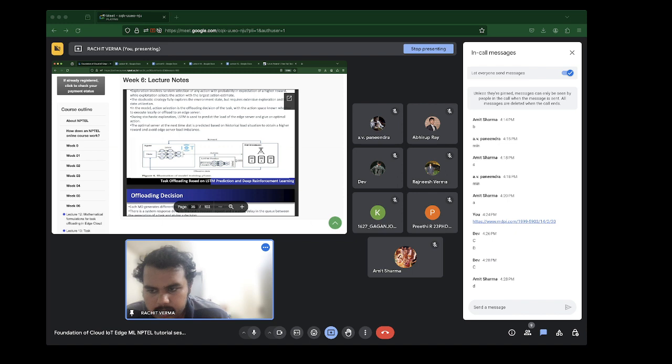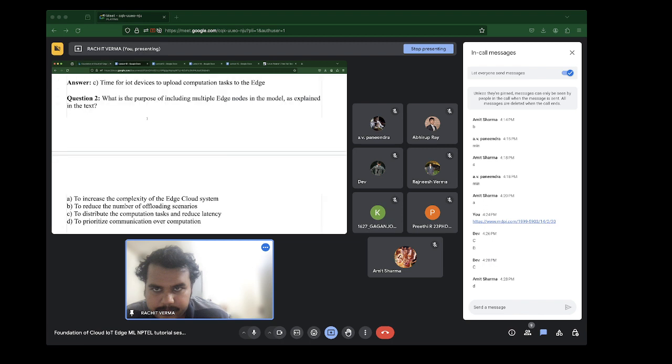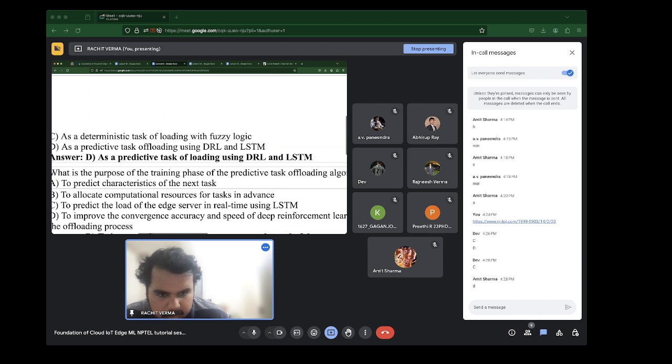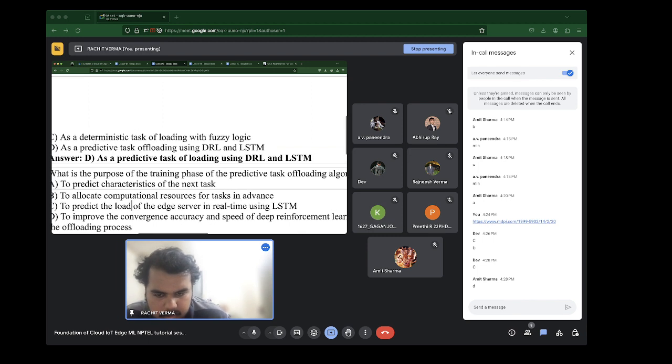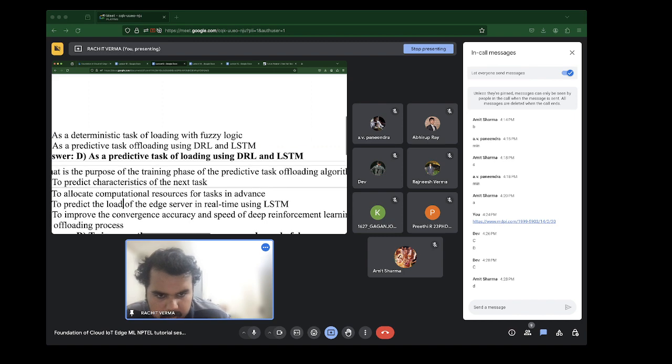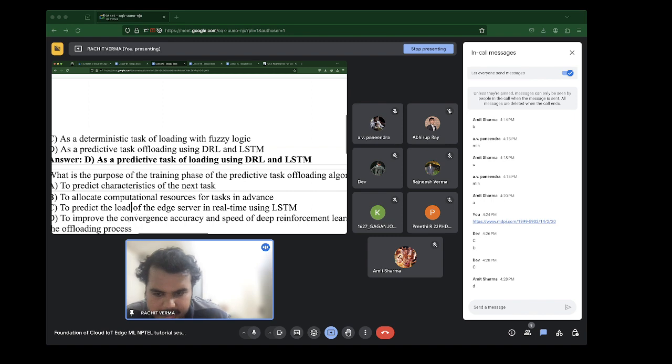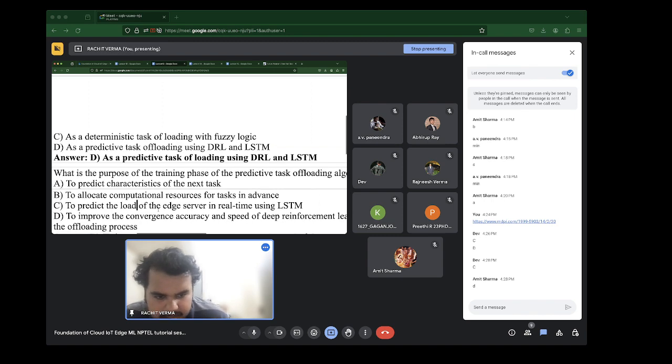Because of that you can somewhat infer that predicting the load of the edge server in real time using LSTM would be an insufficient answer, because the end goal is actually D. It may be doing this, right? But D is the end goal.